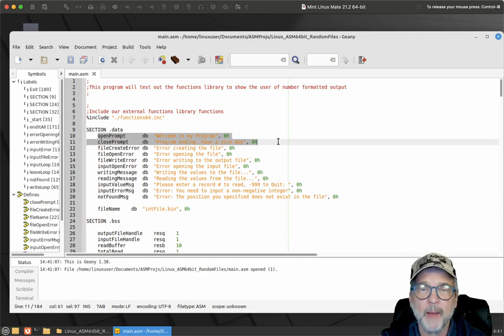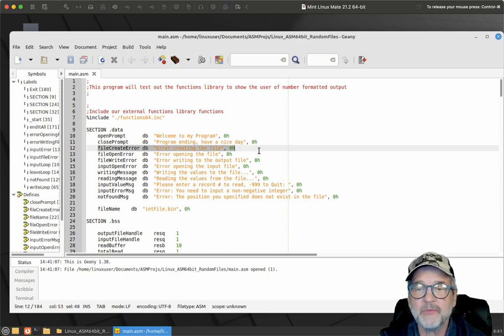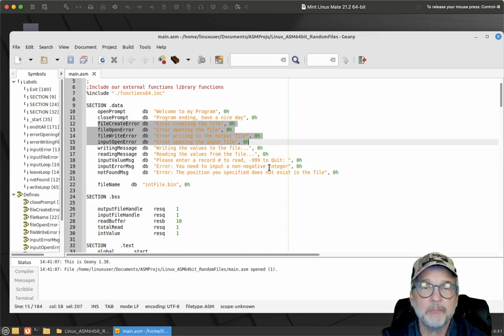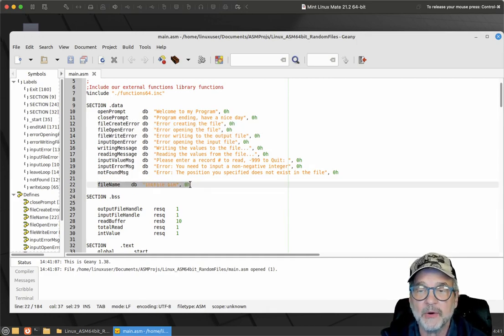I've got the open prompt which says welcome to my program, the close prompt that says program ending. And then we've got a bunch of strings to display errors. So I've got if the file was created incorrectly, or if it didn't open, or we had problems writing it or opening it for input open. I just got a bunch of different messages there. And then we've got our file name string down here, and that's the file name that we're actually going to